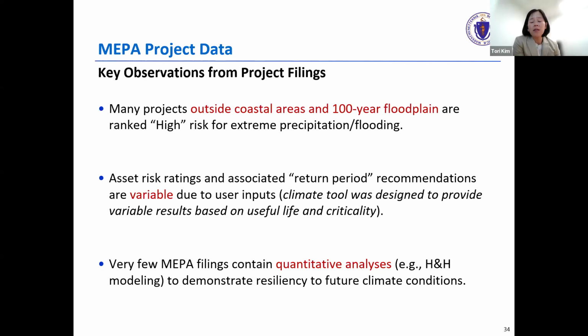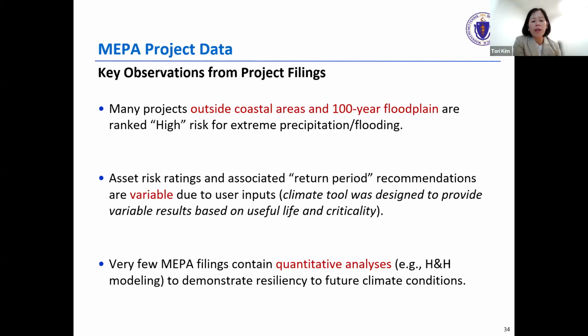However, we have seen instances based on our experience that there are some uses, like an emergency response ambulance facility, that somehow seems to have a relatively low risk rating due to the user inputs in terms of how critical the user is assessing that asset. So that is something that is sometimes concerning, and I think something that we'd like to address during MEPA through some best practices, as I'll explain in a bit.